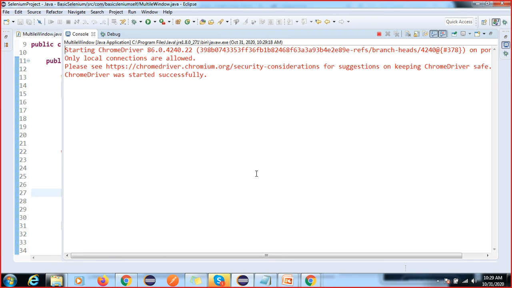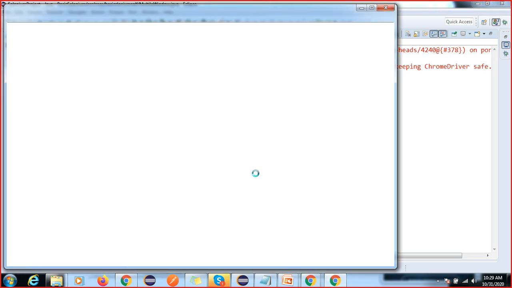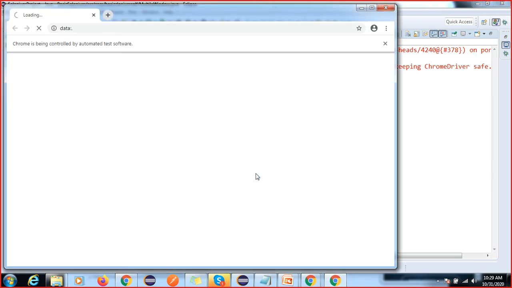It must be inside this while loop. Let me check. We are not able to switch to the parent window, and that's why this exception was coming.